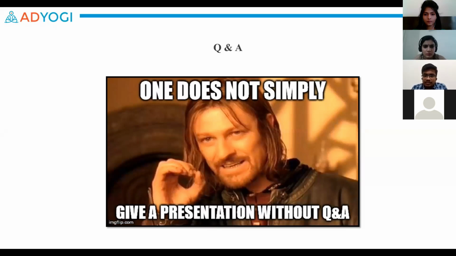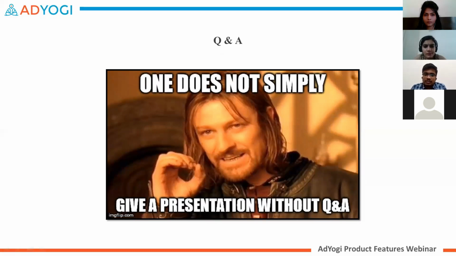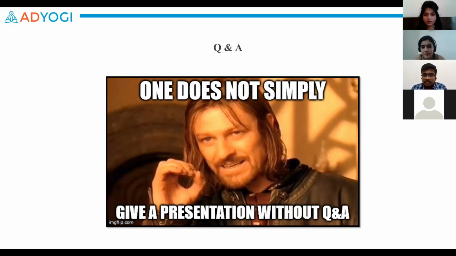So let's say if you have a very high budget and you're spending a lot on campaigns, then you might want to change the campaign budgets on daily basis. And if your budget is moderately less, then you might want to do it twice a week or thrice a week. So this depends upon the budget and the interval which the user gives us. So let's say if the user defines that they want to change this every day, then our changes usually happen at 10 a.m. Indian Standard Time, and we will send across a notification that this change has been made.